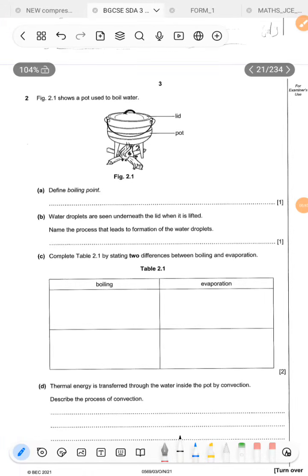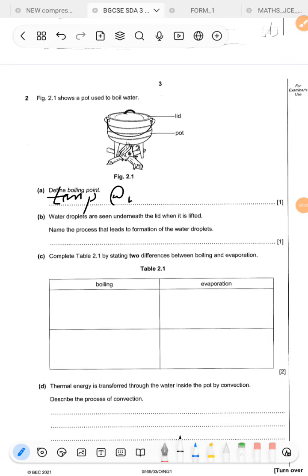Question 2 says, so here we're looking at thermal physics. Figure 2.1 shows a pot used to boil water. Define boiling point. What is boiling point? So boiling point is a temperature. Okay, temperature. So this is the temperature